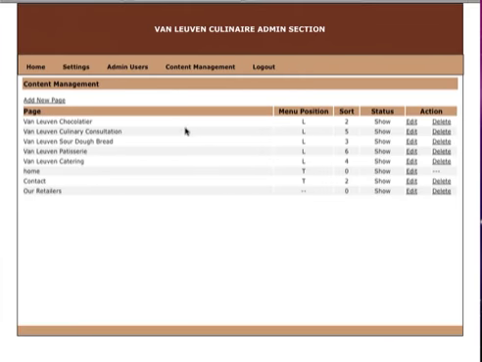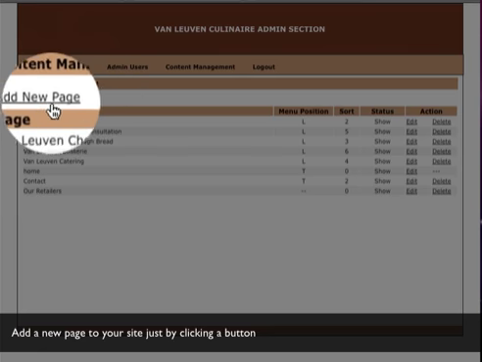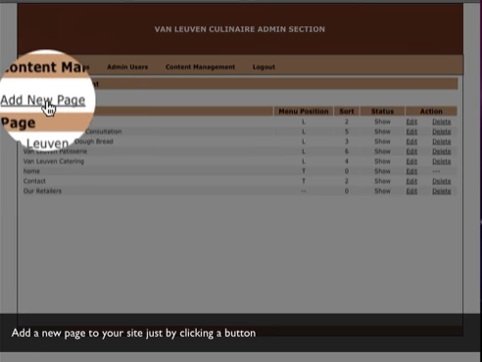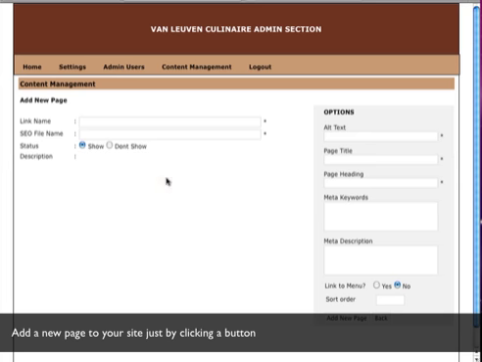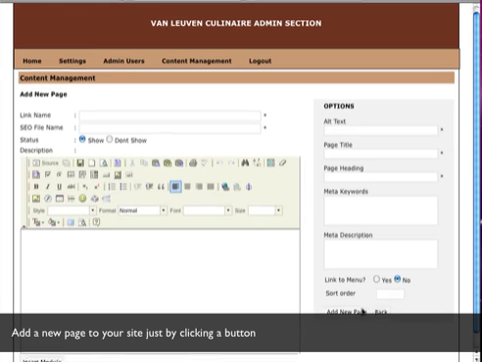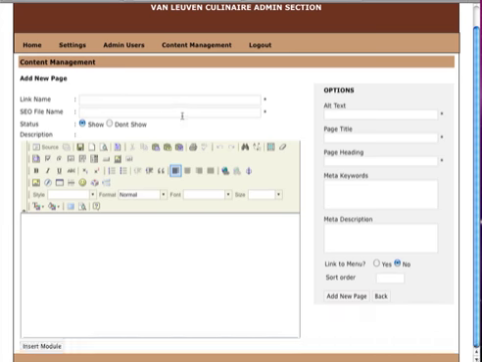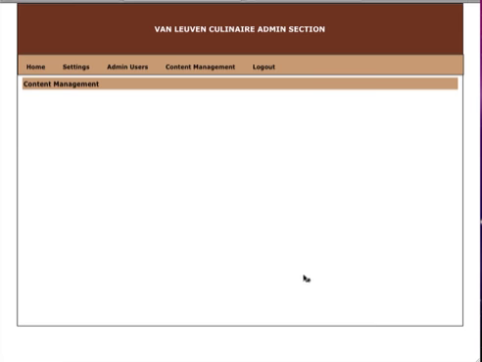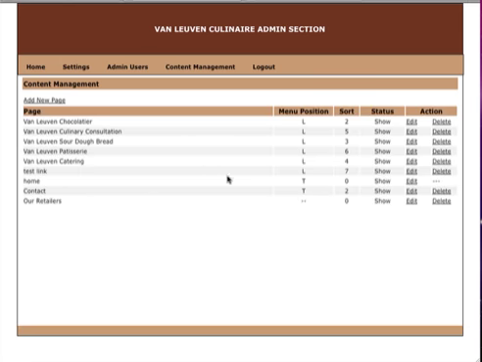The last thing I want to show you is how to add a new page, and as I mentioned earlier, you click on the Add New Page button, and you'll see exactly the same fields as we saw in the edit page. So I'm just going to add a few things in here, and I'm going to click on the Add New Page button. And our page, our test link page, as you can see, appears in there. It's showing that it's in menu position, it's in the left menu, its sort order is 7,